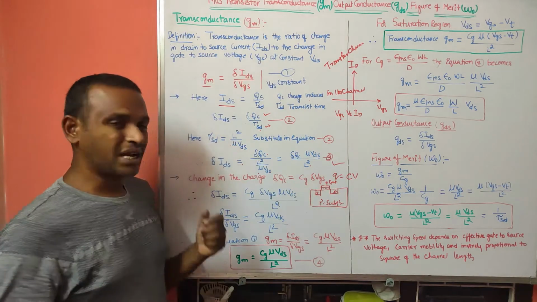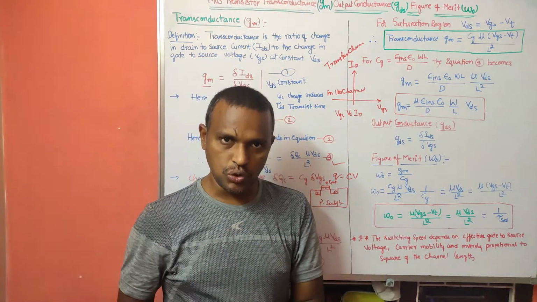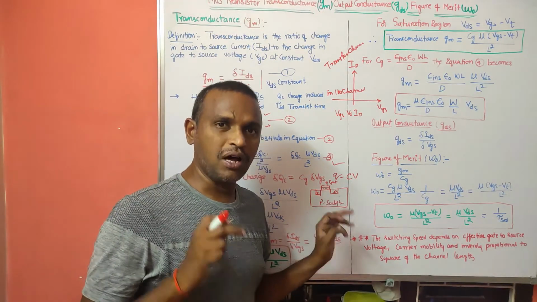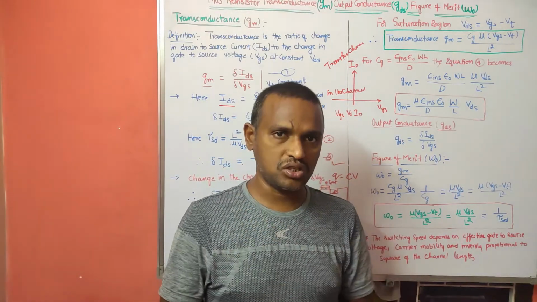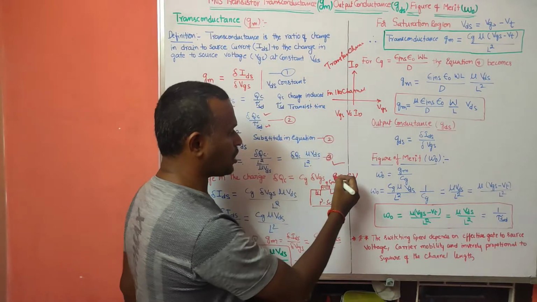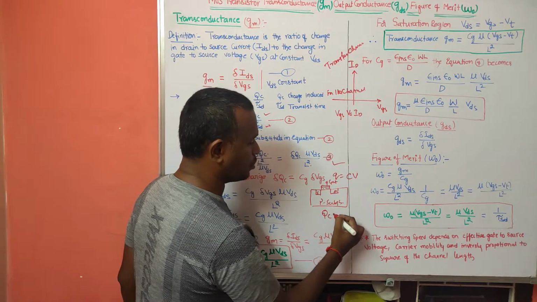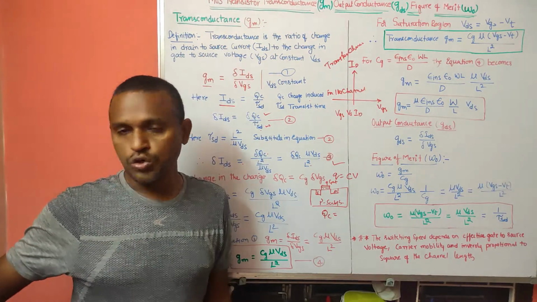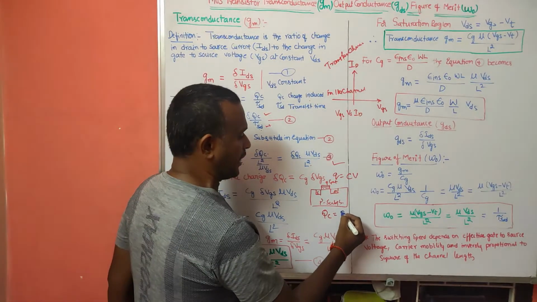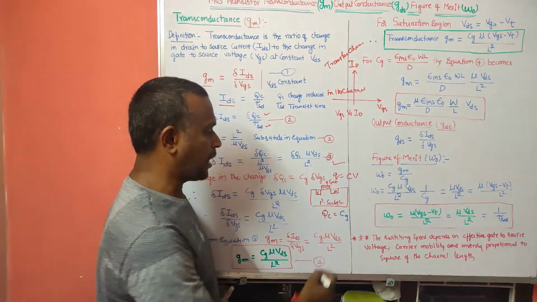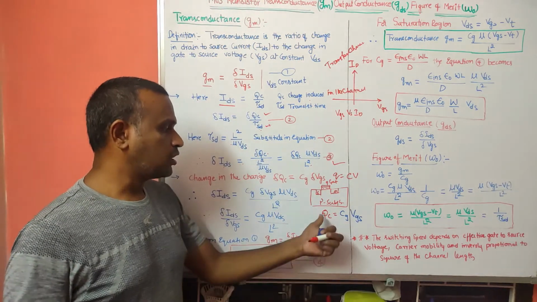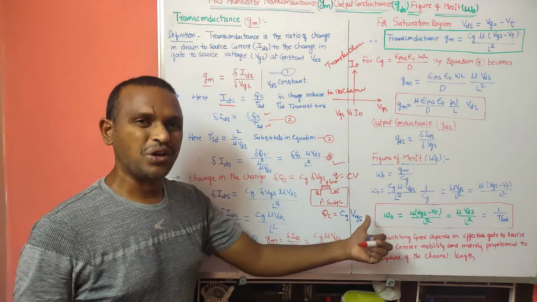Here we have to consider the charge that is induced. The charge induced under this SiO2 I am taking as Q. The voltage for which the charge will be induced is the voltage between the gate and source. Therefore I will write QC is equal to the gate capacitance Cg multiplied with the voltage we apply, VGS. So QC is equal to Cg into VGS.